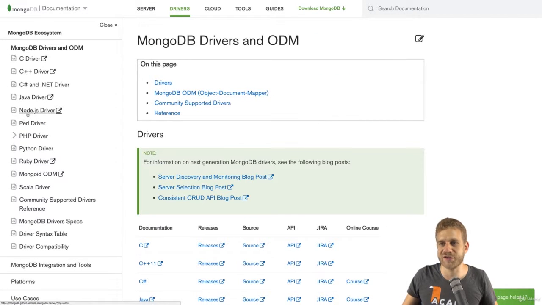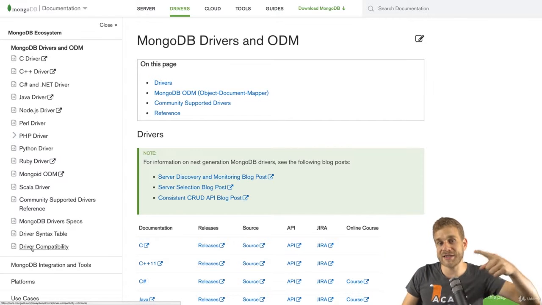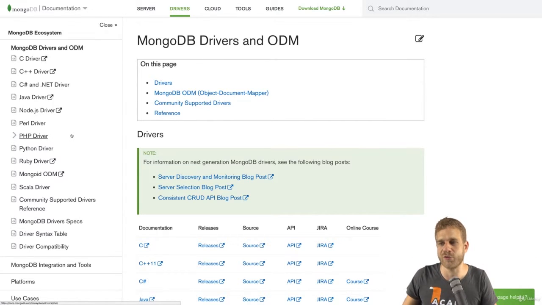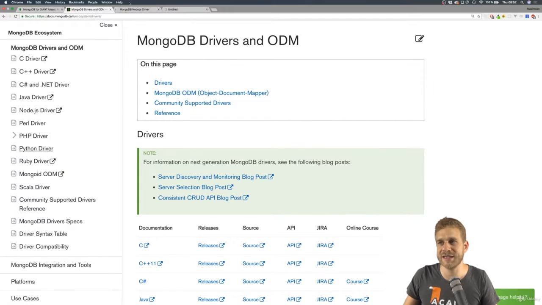As you see, you got drivers for all kinds of languages. And these drivers are then your bridges between your programming language and the MongoDB server. And as it turns out, in these drivers, you use the same commands as I use in the shell, just adjusted to the syntax of the language you're working with, of course. So for example, if we have a look at the Node.js driver and the Python driver, let's see how we